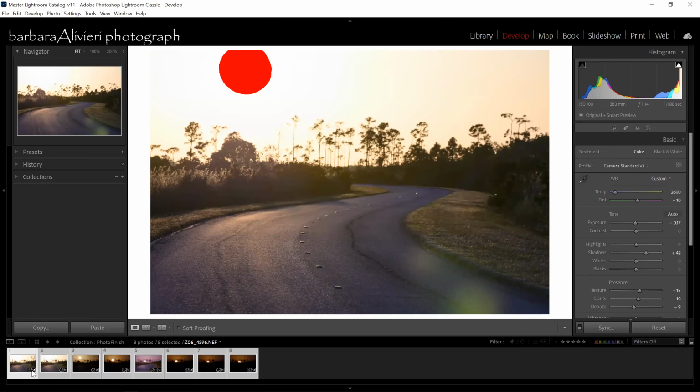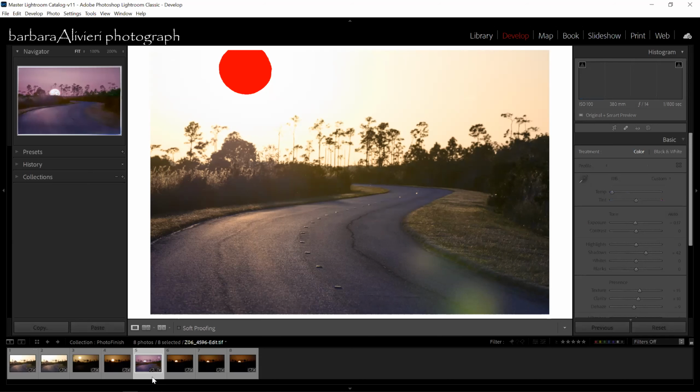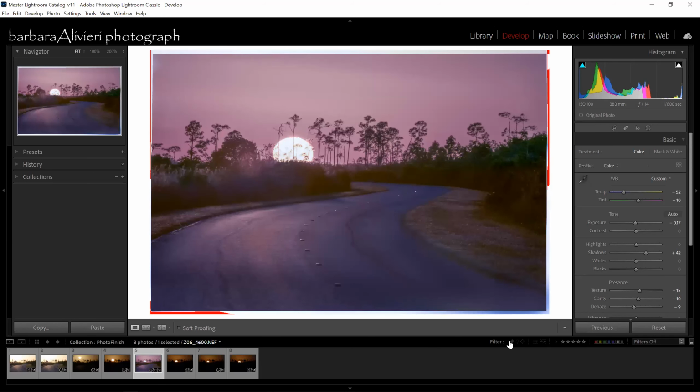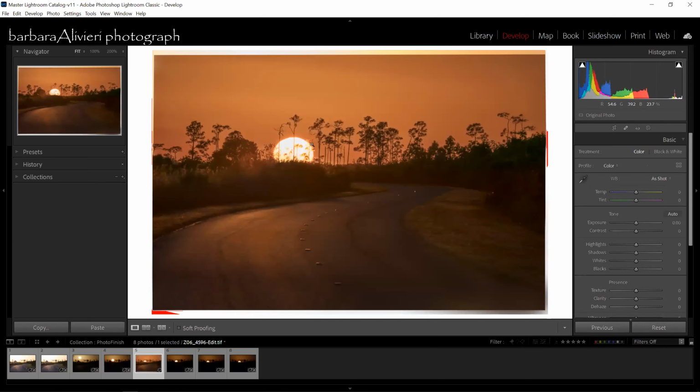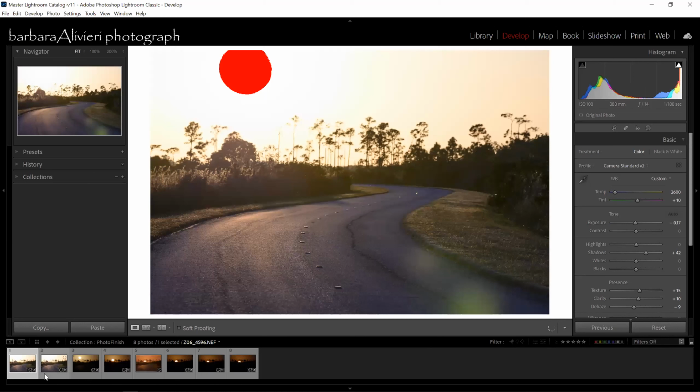And if you look at the bottom, you can see that whatever I did to this, it did to every image in my little film strip here. Now I'm going to go to this one. This is my edited image, and I do not want it. This looks awful. So I'm going to put this back because this was my finished image. This is not going to be included in the focus stack. Okay, so you can see this is our first image. It applied the same effects to this image.